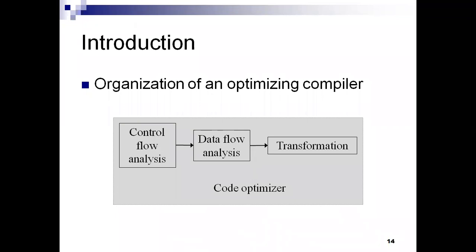This is a software tool we are implementing here. The flow takes place as follows: first the control flow analysis, then the data flow analysis, and then we are performing the transformations. This is about the organization of an optimizing compiler. That means the code optimizer is a tool here. At the lexical analyzer I explained with Lex, and with syntax with the Yacc tool, and here at code optimization, the code optimizer tool.